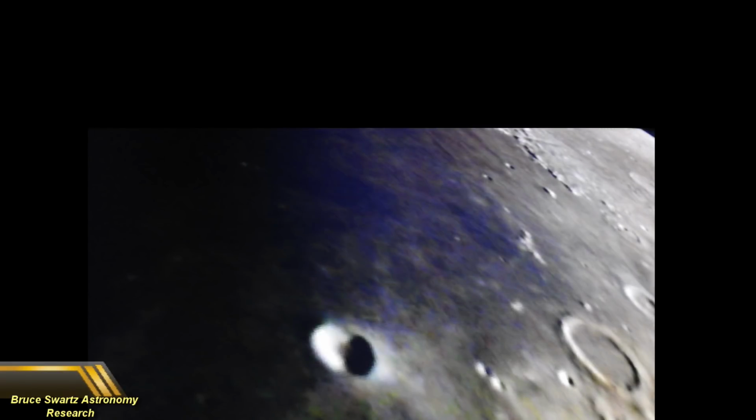Now, look at this photo to the right, Archimedes there. It's getting more and more real, right? Because we're seeing pictures and proof of one thing, and I'm trying to show you that not only is there color on the surface of the moon, there could possibly be an atmosphere. We're finding structures. I have the proof of that, and activity all over the surface, and especially here around Archimedes